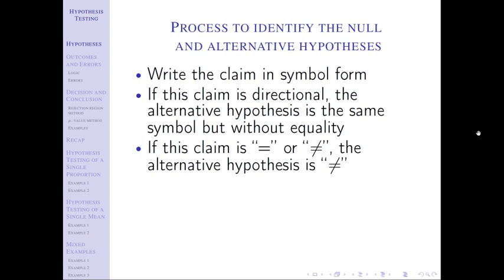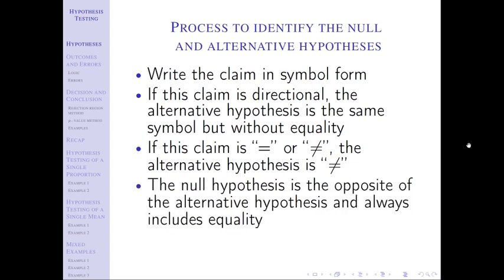If you're in one of those boats, then the alternative is that same direction, but just without the equality. Your last 2 options are equal to or not equal to, and if that's the case, then your alternative is not equal to. Once you've found the alternative, it's downhill from there because the null hypothesis is just the opposite. And by opposite, again, we mean the idea of a complement. If you have a greater than alternative, the opposite of that is less than or equal to. We have to change the direction and we have to include the or equal to because we didn't have it before. The null is always going to have an equality, the alternative will not.